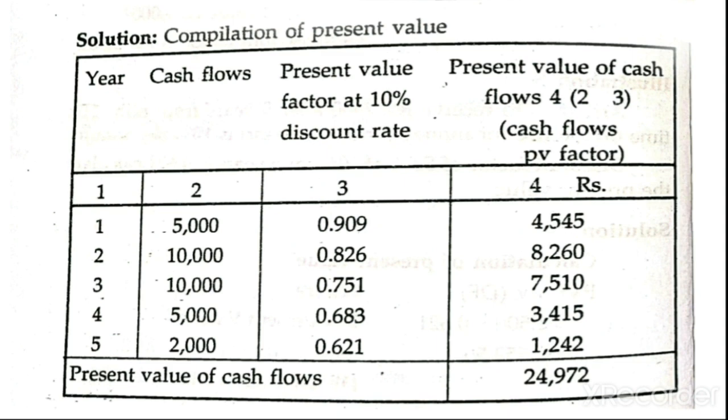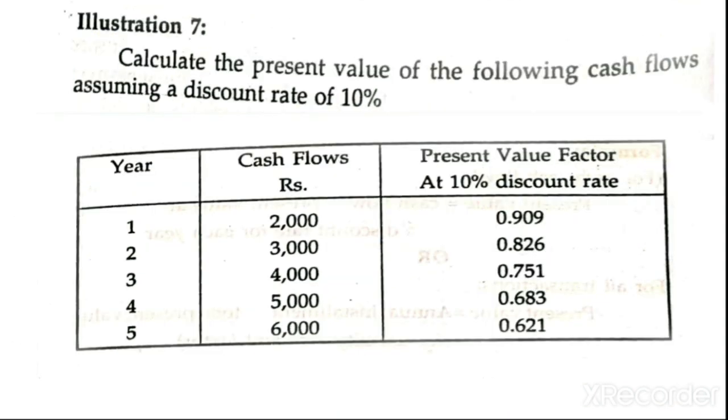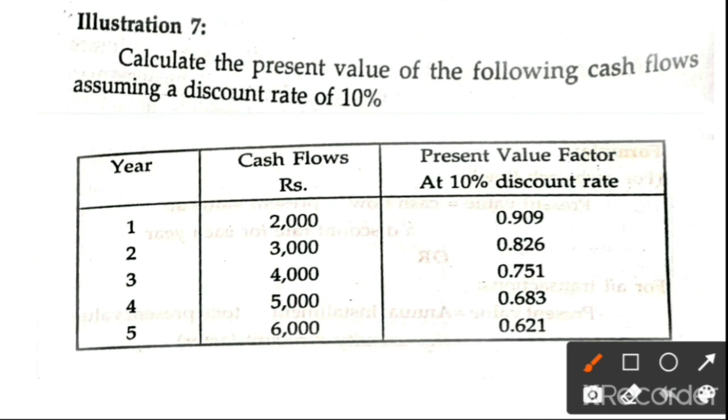You try this again. Next, now I am going to give you one homework. You have to do this. So in this problem, both pieces of information are available. What information? Calculate the present value of the following cash flows. The rate of interest 10% is given, 5-year information is given, and 5-year different cash flows are also given, and also they are given the discount rate.